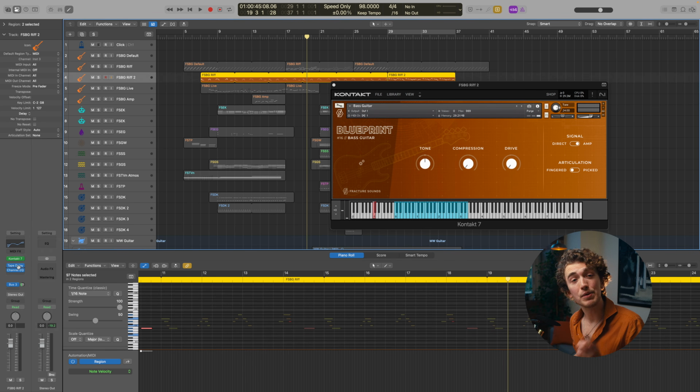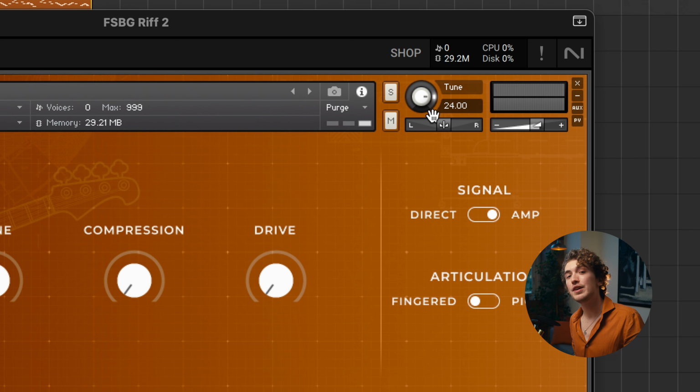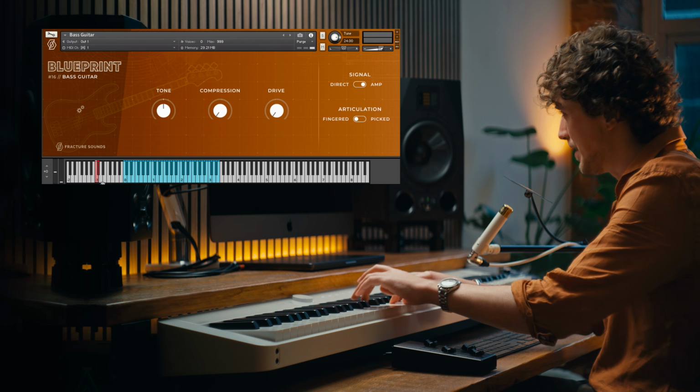This instrument kind of takes a bit of a backseat to our second bass guitar, which has the tape delay but no tremolo on this one. Pitch shifted up 24 semitones. If you listen to this,